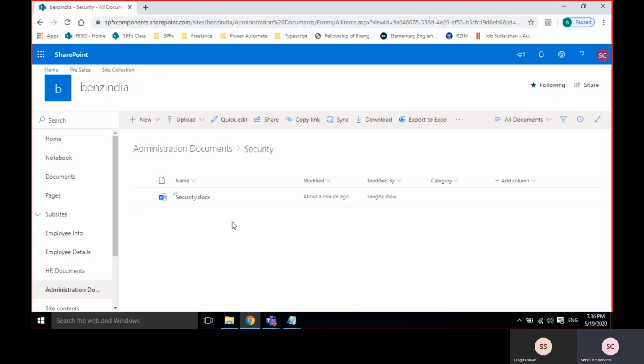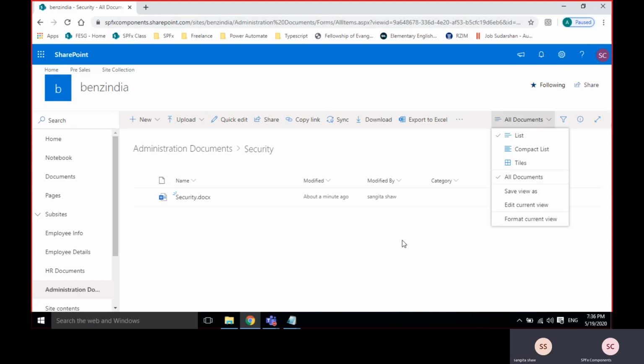So these are the common things which we will use for document library and list. Whenever I need a column, I just go there and create the column, and I can create the view based on the data. Anyhow, we have done it for list.